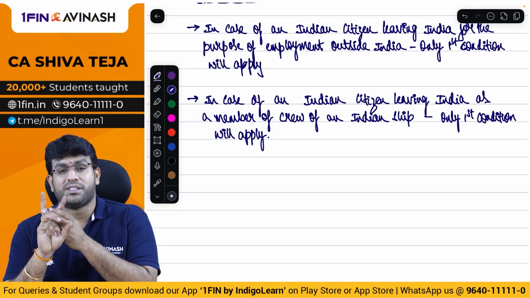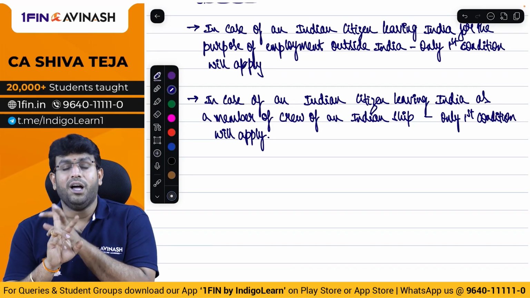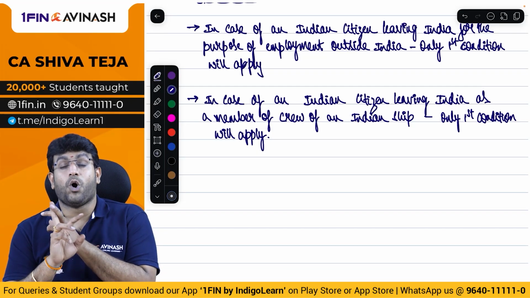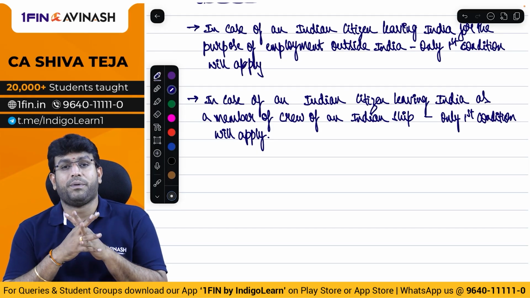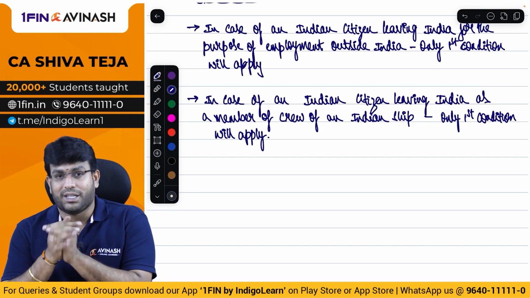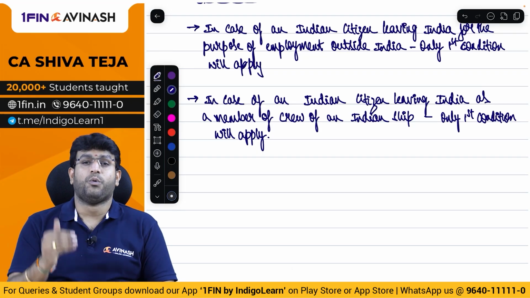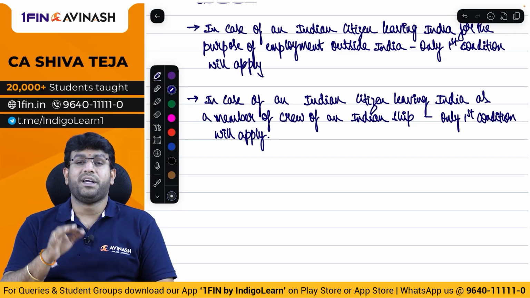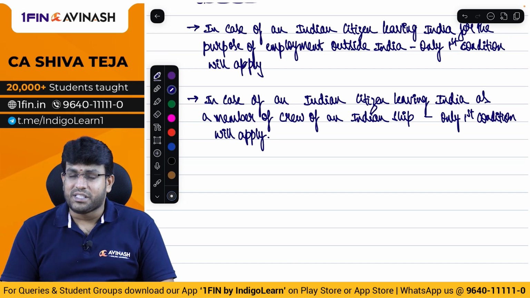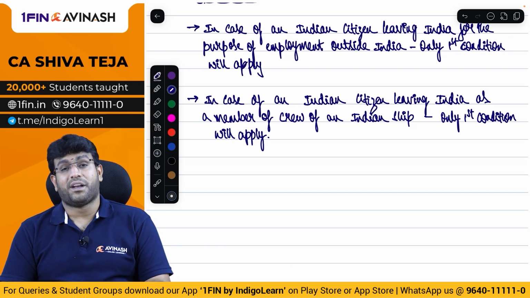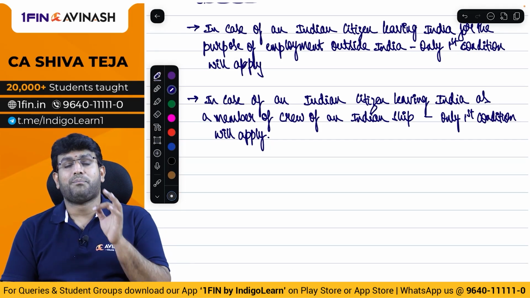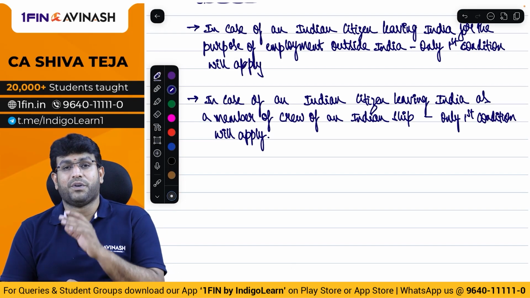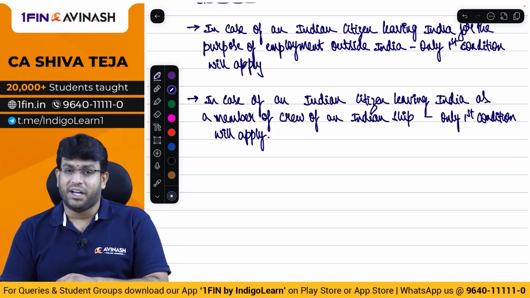And what are the two conditions? First one, he must be in India for a period of 182 days or more during the tax year. Second possibility is what? He must be in India for a period of 60 days or more during the tax year and 365 days or more during the 4 years preceding the tax year. So if any of this condition is satisfied, we will treat them as resident. But we discussed two special cases now. In these two special cases, we will apply only first condition. That means if first condition is satisfied, we will treat as a resident, if not gone.